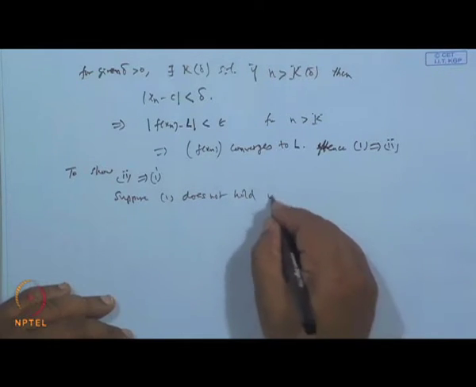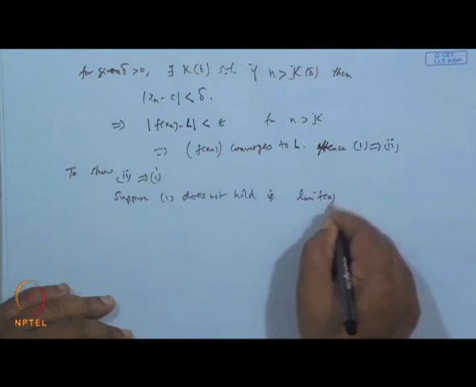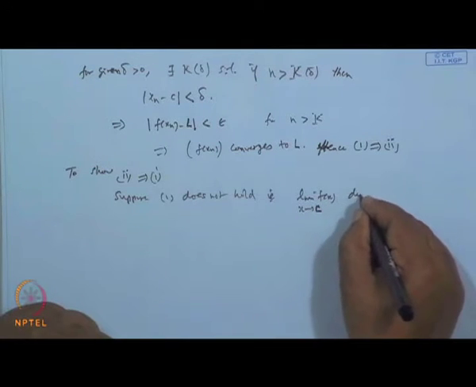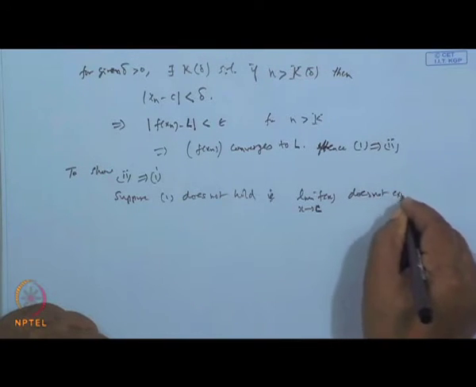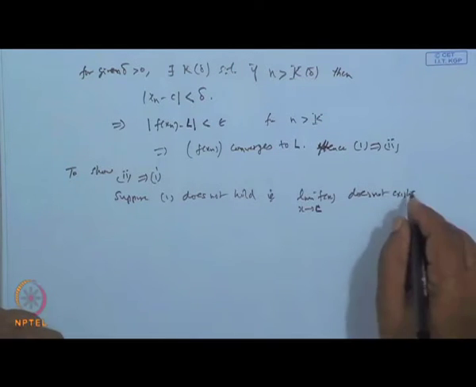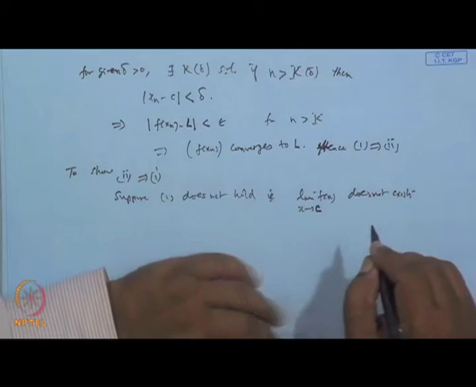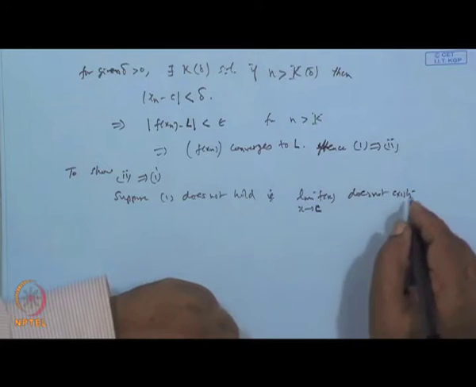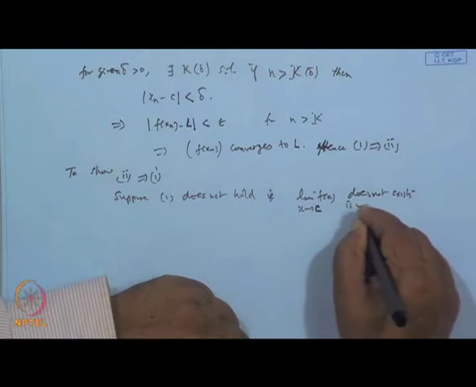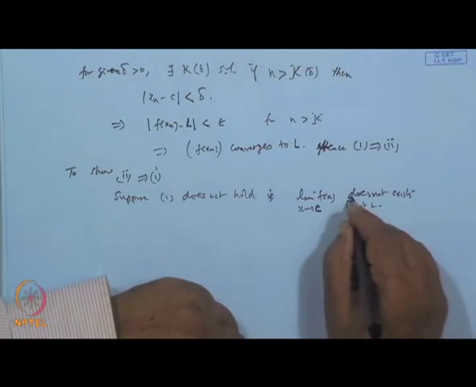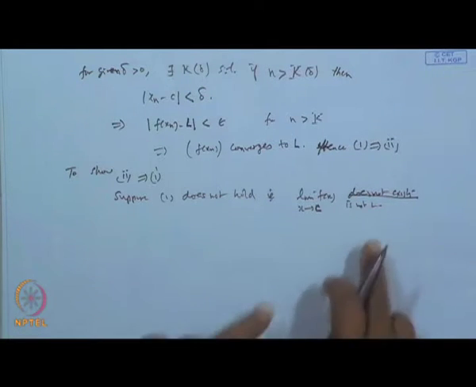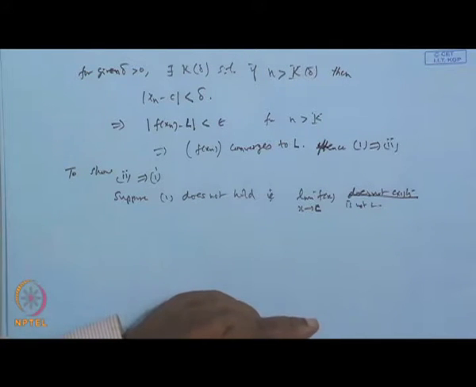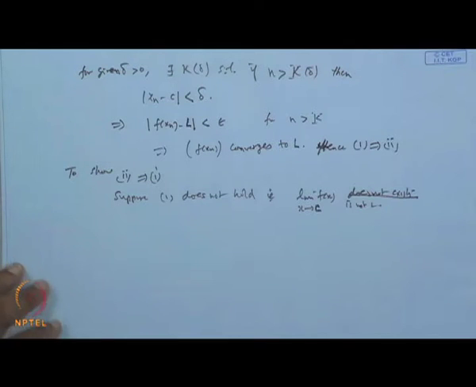It means that the limit of this function f(x) when x tends to c does not exist, or does not go to L, is not L. Suppose this limit is not equal to L, does not exist or is not L. Okay, we can say like this. So if it is not L or different from L, what do you mean by that? It means that if 1 is not true, then there exists